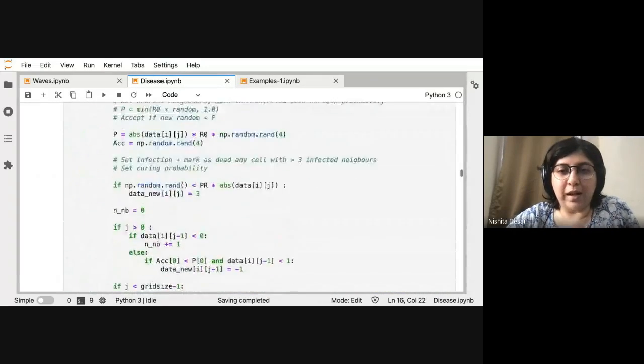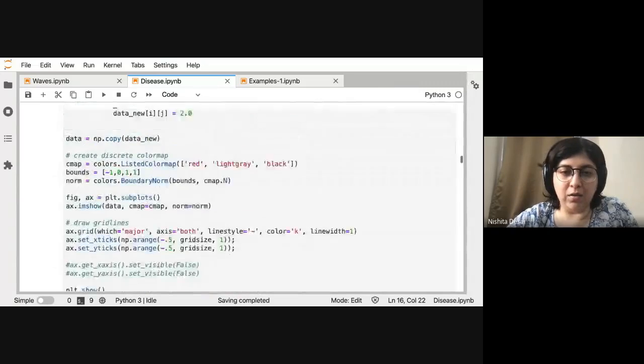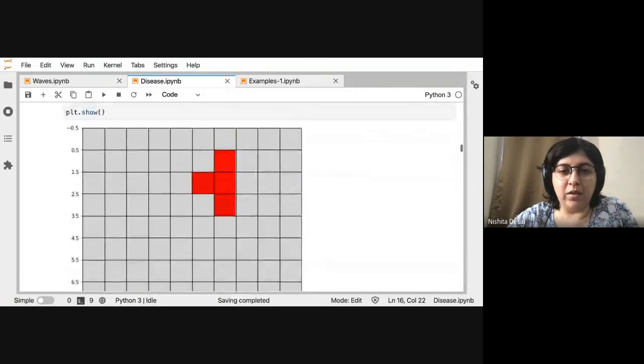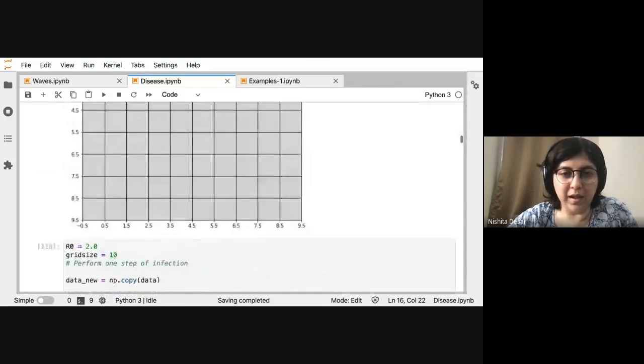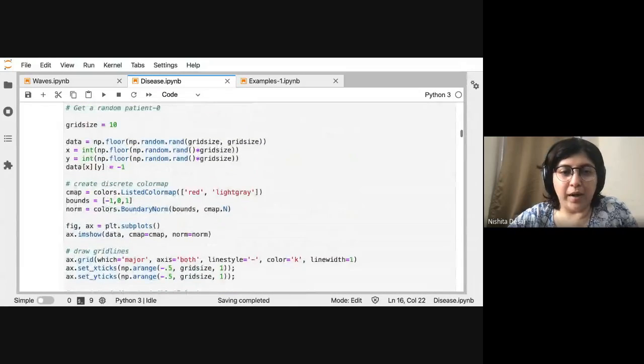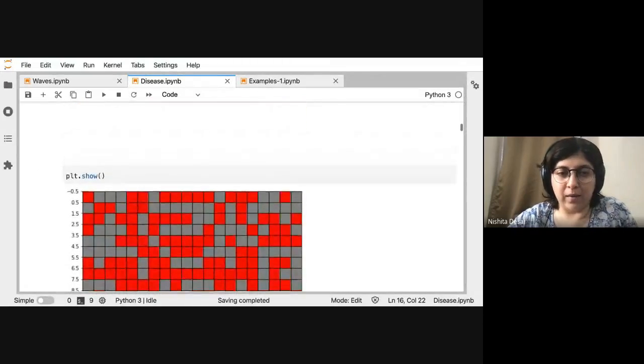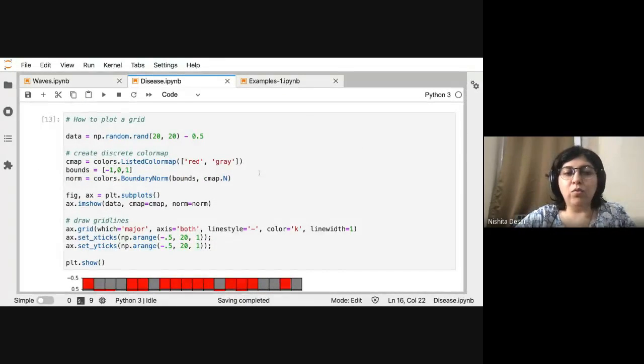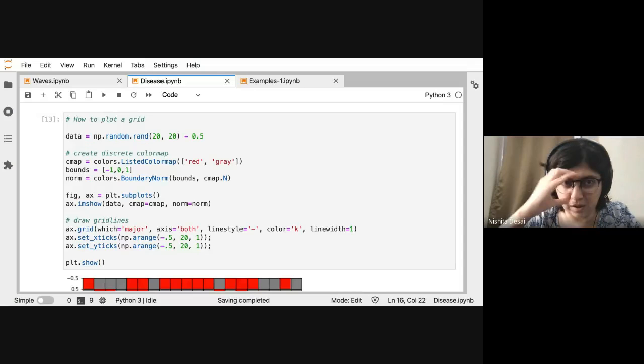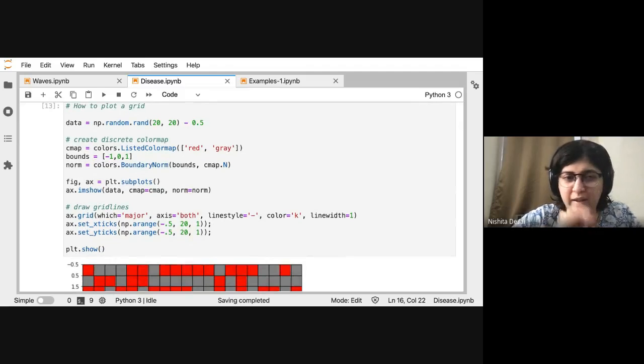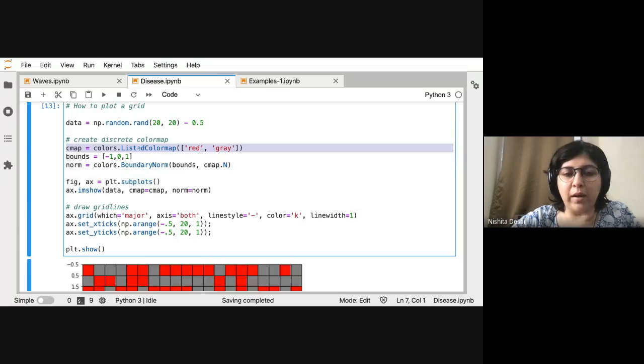So for doing that, the first thing that we need to understand is how to make this grid. So again, this is quite decorative, so I would urge you to maybe look at it later to try and understand how exactly all of these things work. Right now, I will just go through it fairly quickly. Okay, so you need something called a color map.